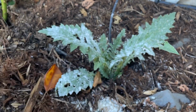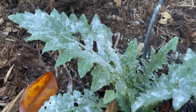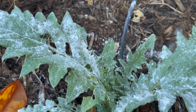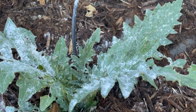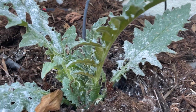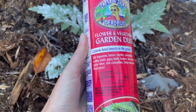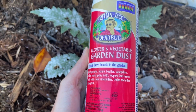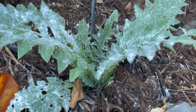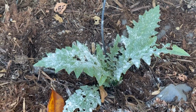We threw it on because it seems like literally as soon as we planted this in here, something was ready to eat it, which looks like either some sort of caterpillar, maybe a slug, and this powdery stuff will kill it. Because when we've been checking on these guys, I haven't seen anything. So I think this garden dust, a diatomaceous earth type product, is going to hopefully help keep these guys alive long enough to get some artichokes and let them grow some roots